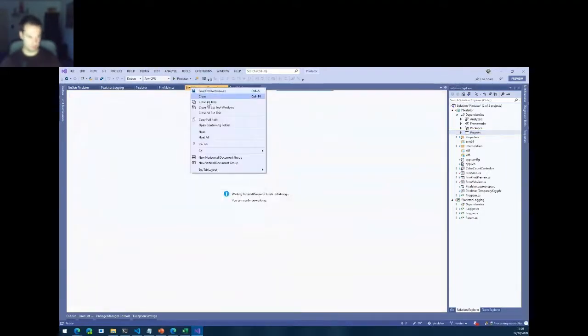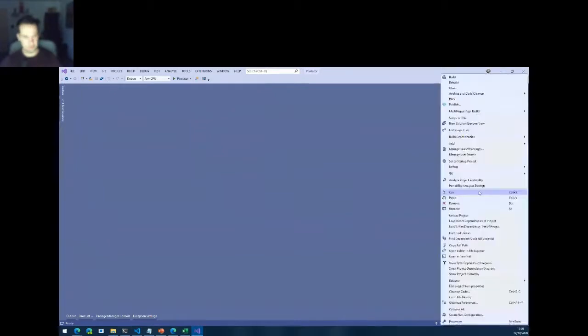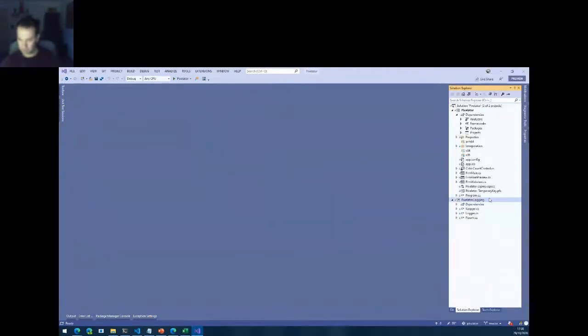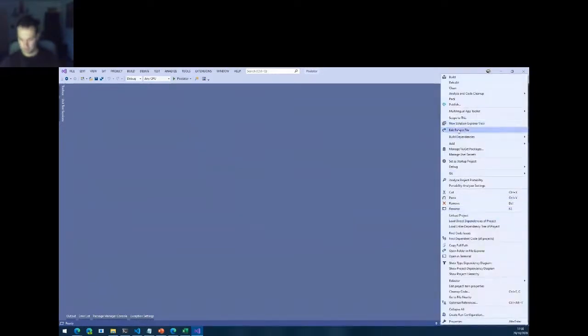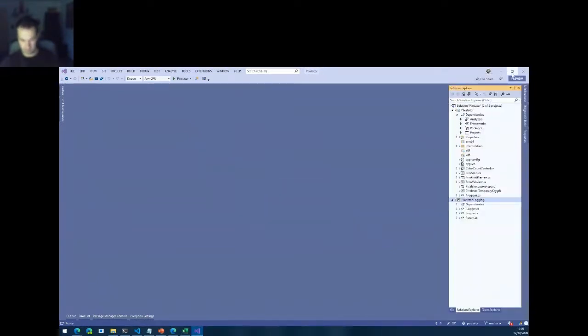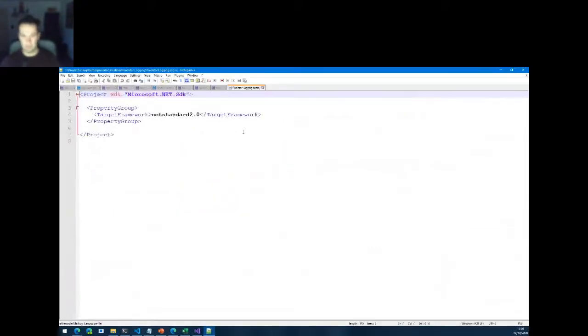Everything builds. Cool. So an interesting feature about .NET Standard is that you can actually target multiple frameworks. So if we edit our project file, let's try that again. Okay, let's do it outside of Visual Studio with Notepad++.